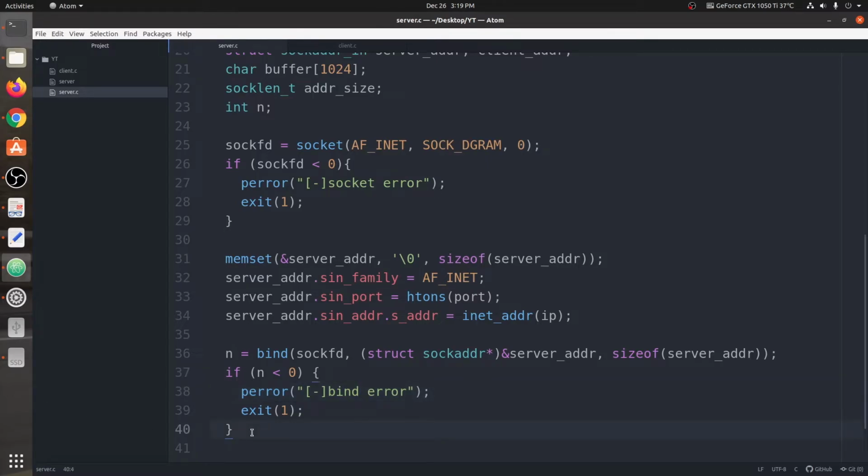So if you remember my TCP video, when we build a TCP client server program, in case of TCP we follow the same structure. We build a socket, just some parameters are changed, then we use the bind function to bind the address with specific port number. But in TCP, after that we connect both the client and the server with each other. But in case of UDP, we do not need any connection. We do not connect the client and server with each other. We just send messages.